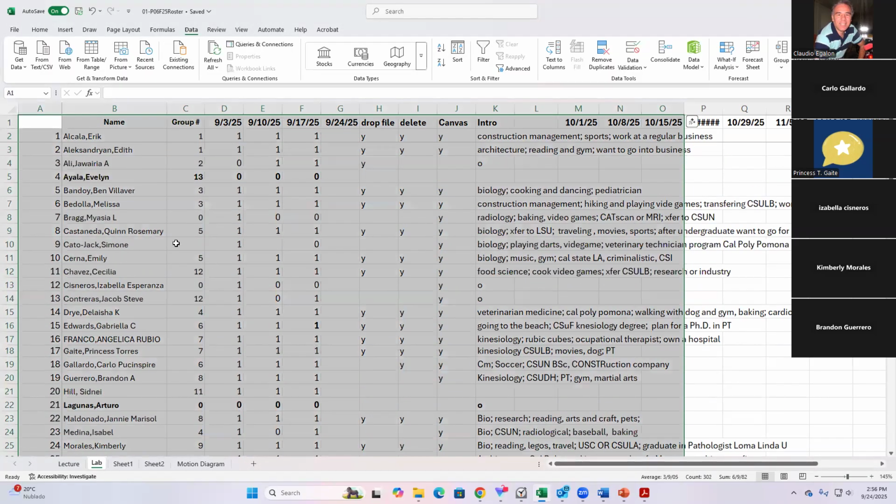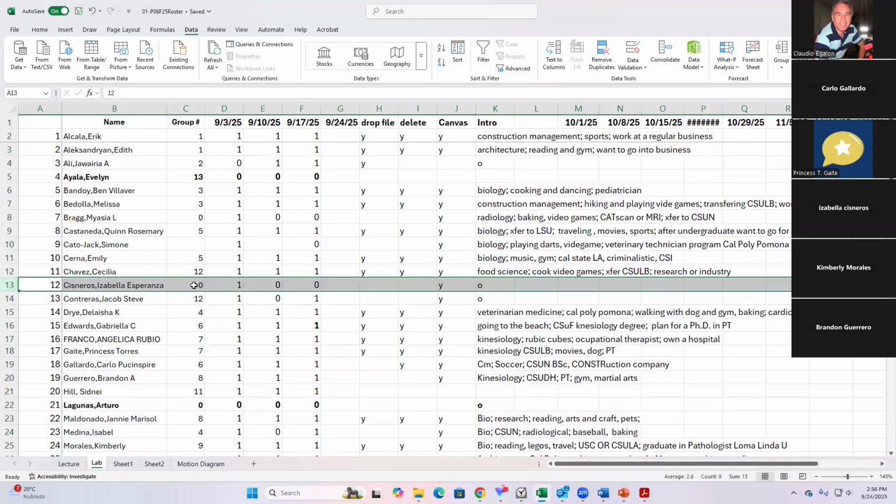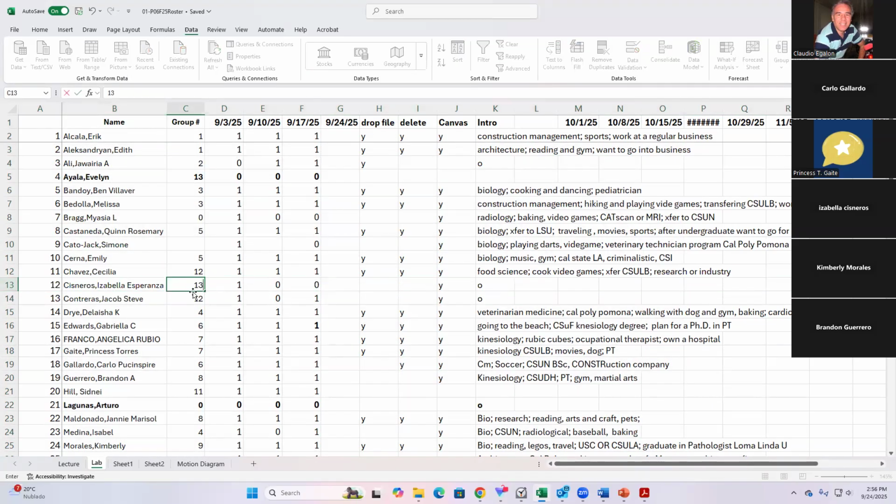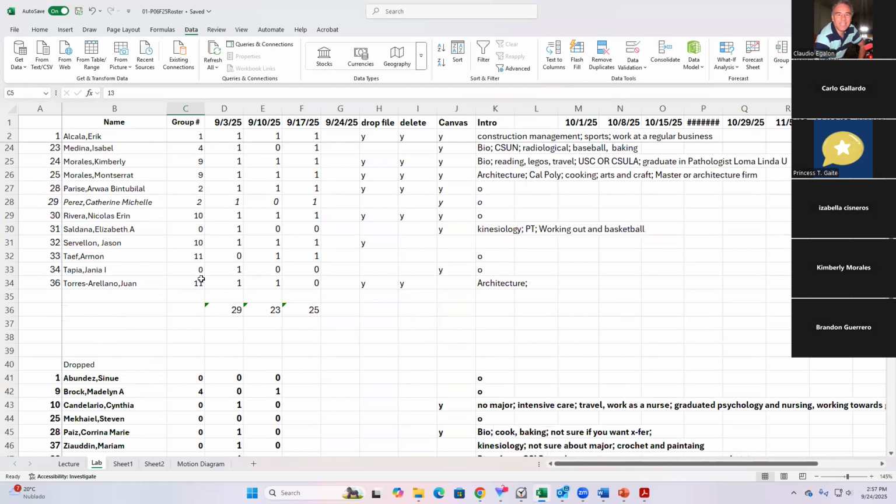Okay, Isabella. Isabella Cisneros, right? Okay, so I'm gonna put you on group number 13, Isabella Cisneros. The other student is Evelyn Ayala, 13, and then we have